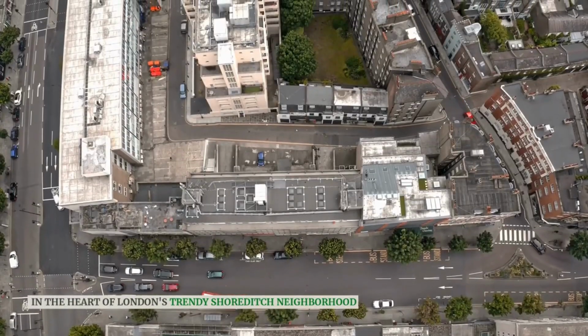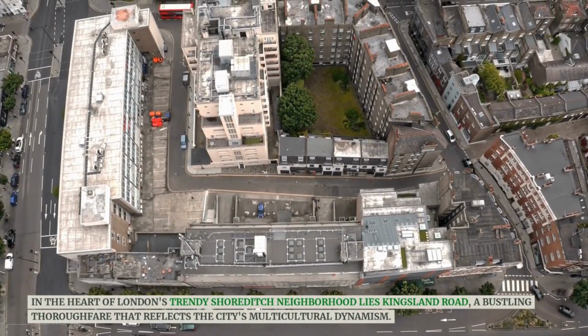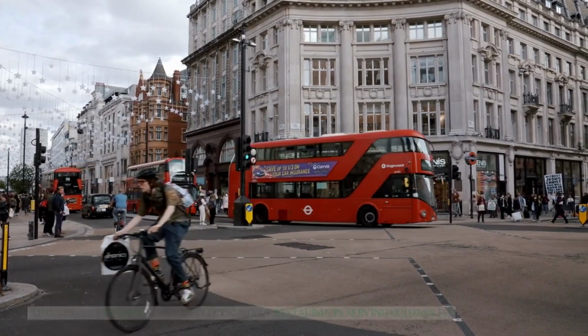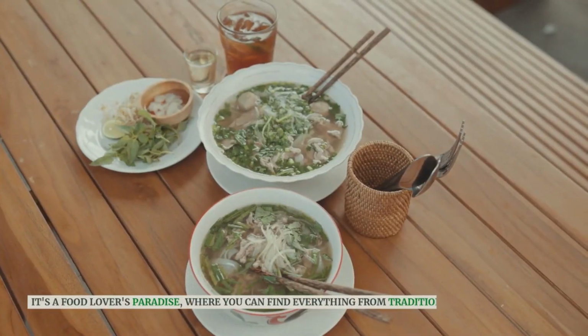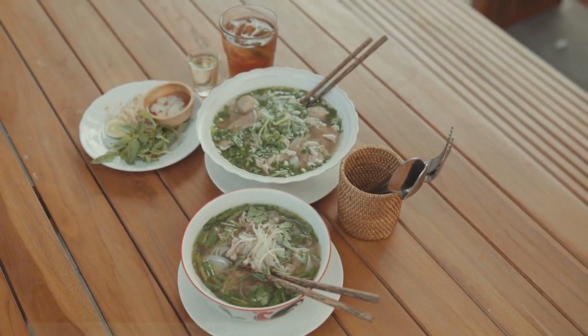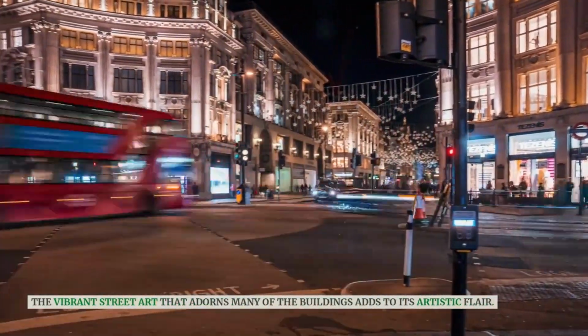Kingsland Road, London, England. In the heart of London's trendy Shoreditch neighborhood lies Kingsland Road, a bustling thoroughfare that reflects the city's multicultural dynamism. This street is famous for its eclectic mix of restaurants serving cuisines from around the world. It's a food lover's paradise, where you can find everything from traditional British fare to Vietnamese pho and Turkish kebabs. The vibrant street art that adorns many of the buildings adds to its artistic flair,